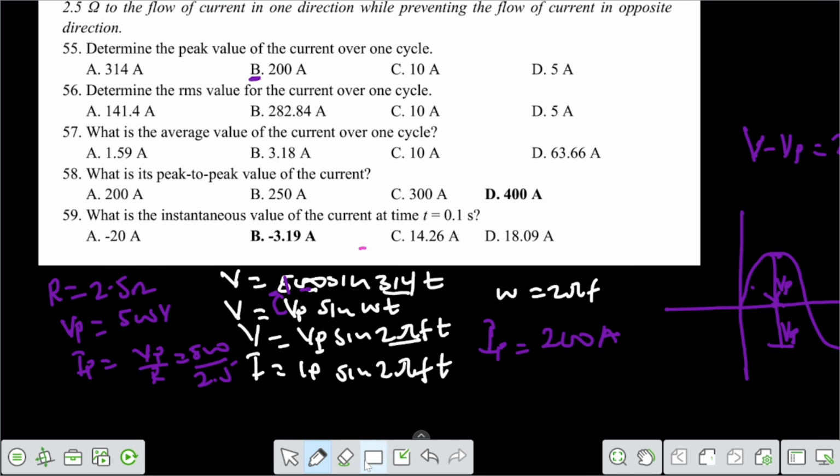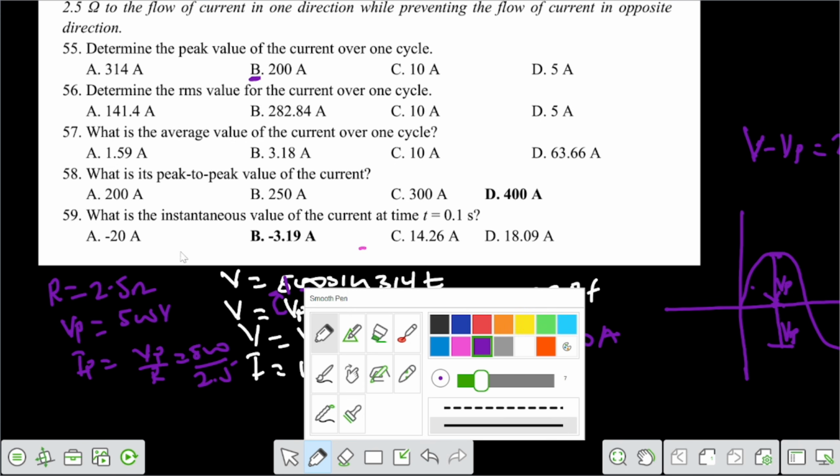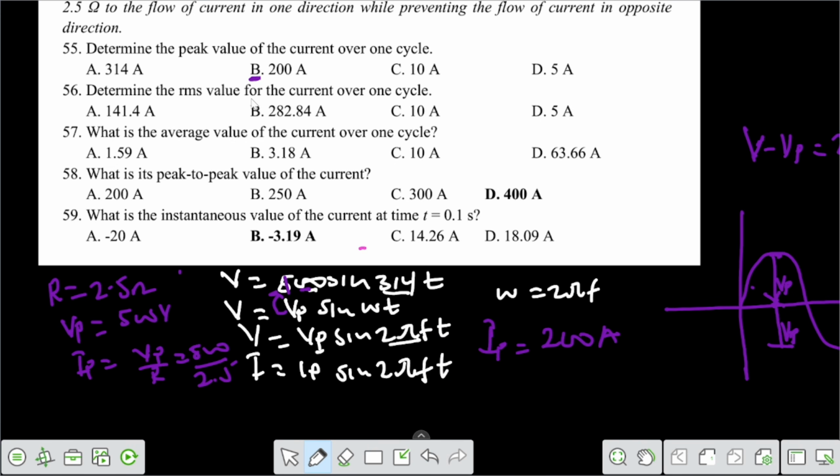Okay. So let's move on to the next. The next question states that we should determine the root mean square value for the current over one cycle. So the root mean square current or voltage, right? Let me use current in this case. It is equal to 0.707 Ip or 1 on root 2 Ip, right? So which will give us 1 on root 2 multiplying the Ip. In this case, our Ip in the circuit is 200, because we have already calculated the peak current. So 200,